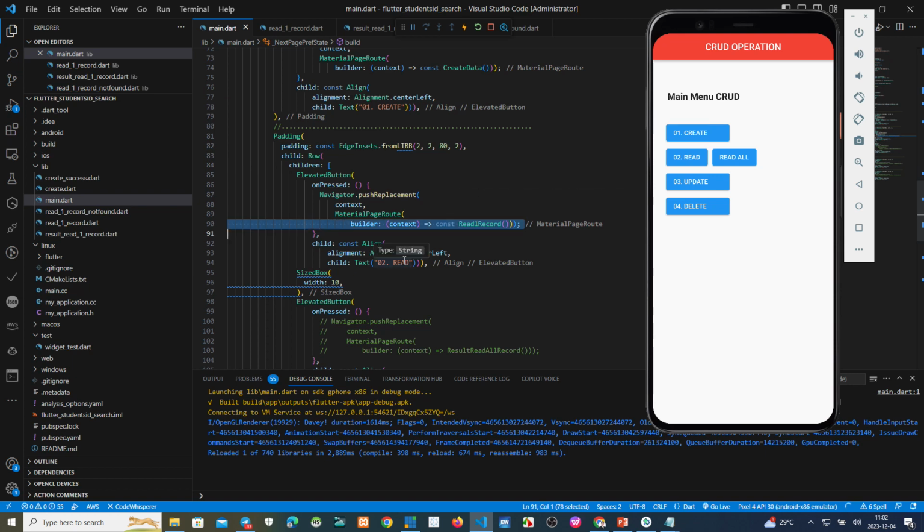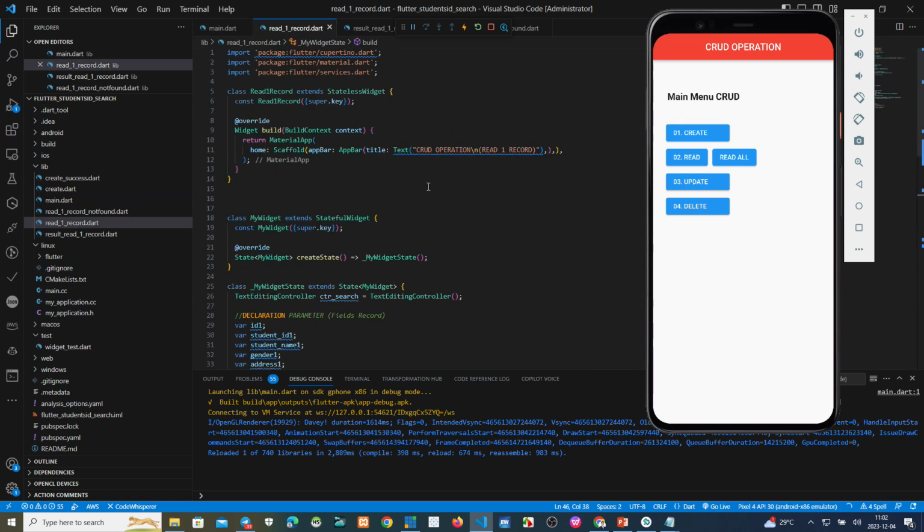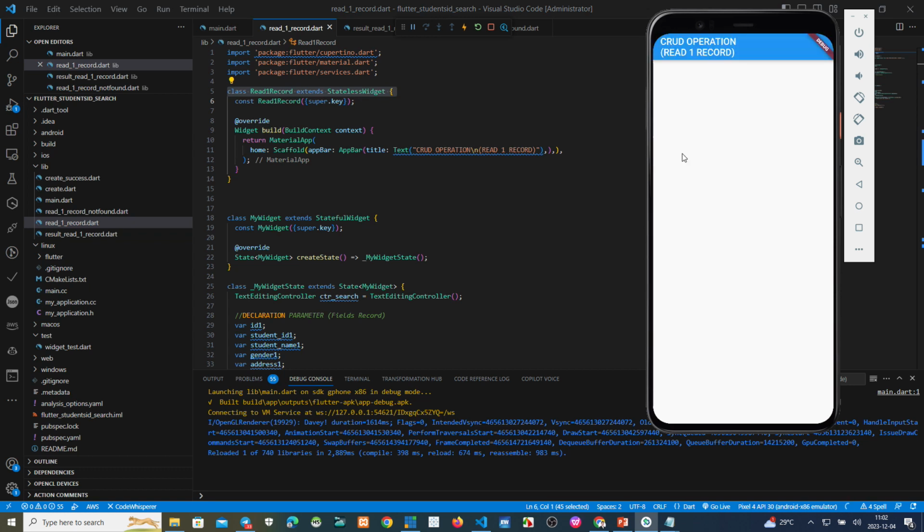If we click here, it goes to read one record. It will show CRUD operation read one record. Click here, read. CRUD is just this one. This is okay.